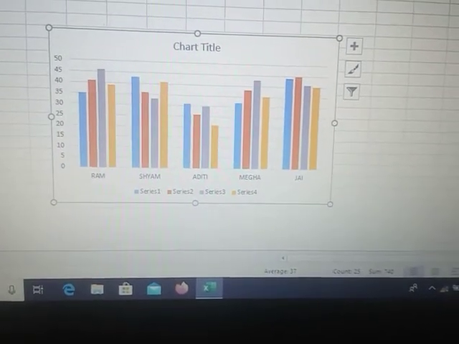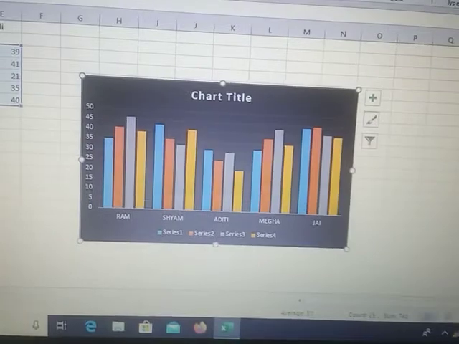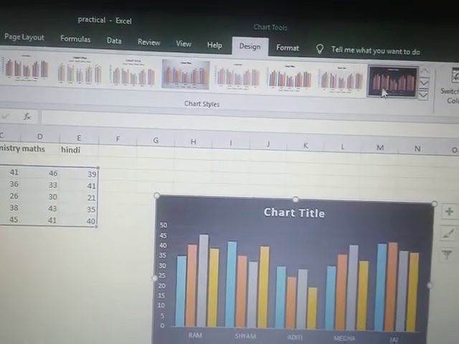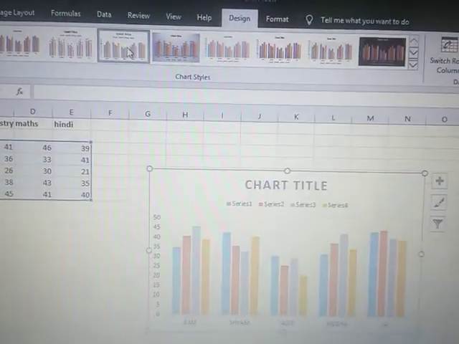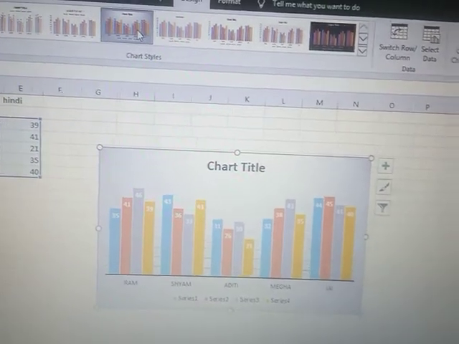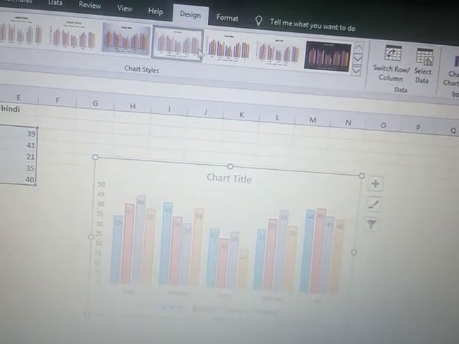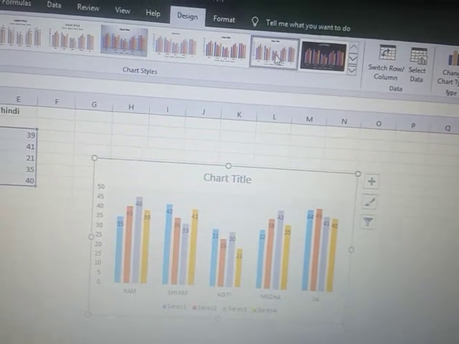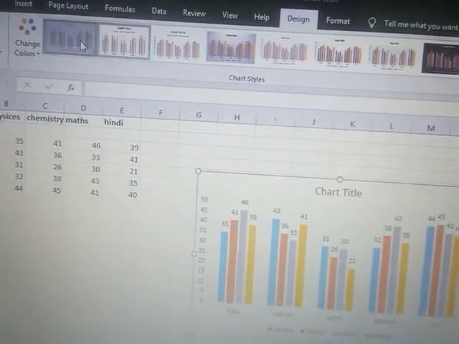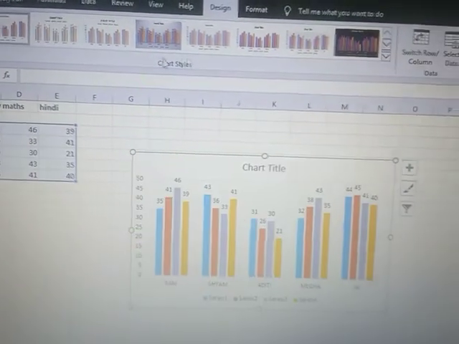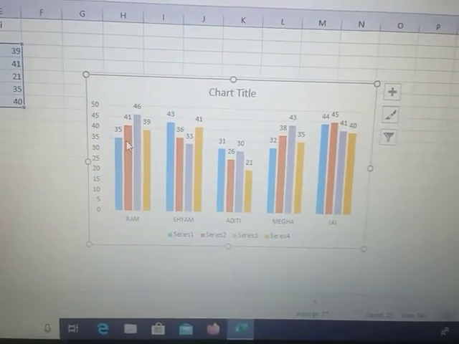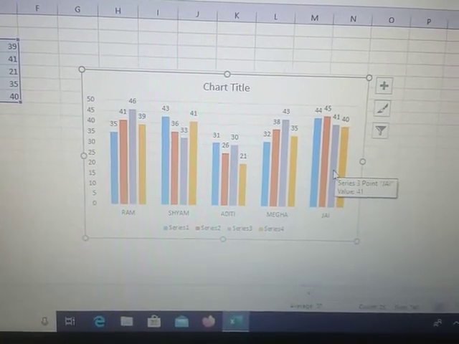You can select any type of chart, and you can change its background, because you can see in the menu bar there are different types of charts. You can select any one of them. Whichever you select, you will get that type of chart. There are so many ranges in this. In whichever form you want it presented, you select it. Okay, that is the method of making the chart. In this, I have also put in the numbers. That is also one form of chart.